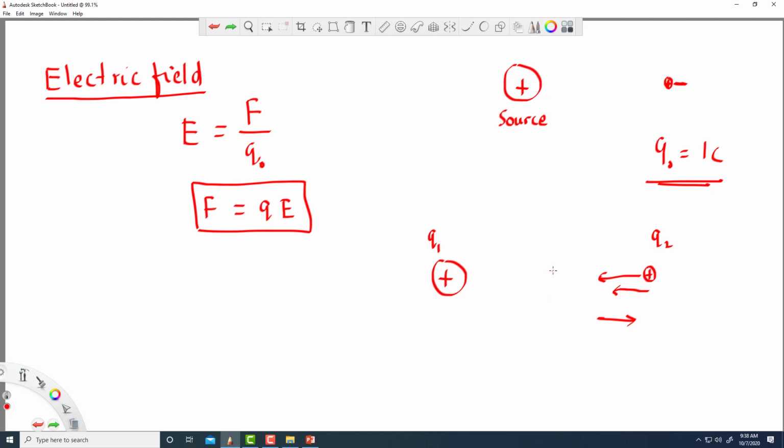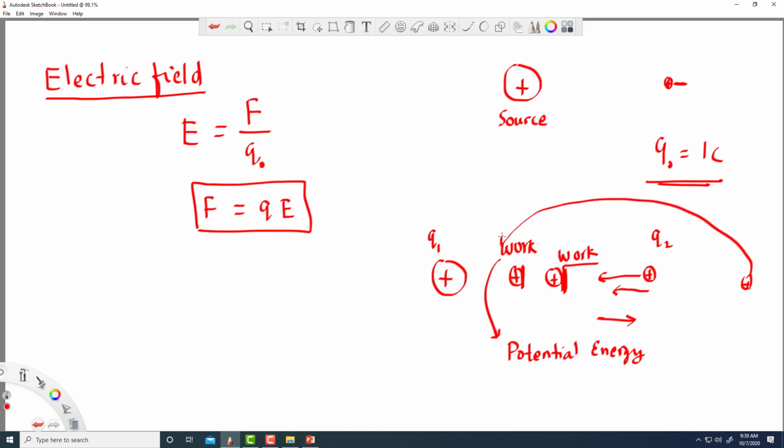Okay, so I put some work. And then when I'm holding this charge at this point, the work I did to bring the charge from here to here is converted to potential energy. Far away from this charge, there is no potential energy. But I changed the configuration of this charge. I moved it from here to here. So there is a change in configuration,